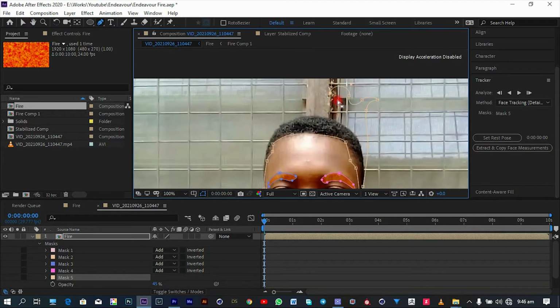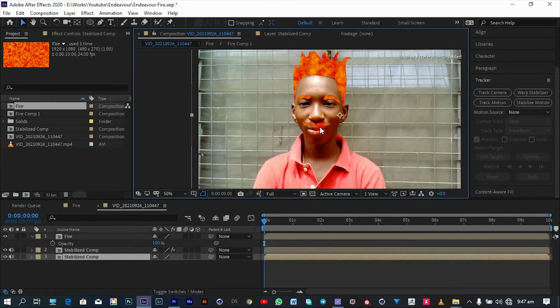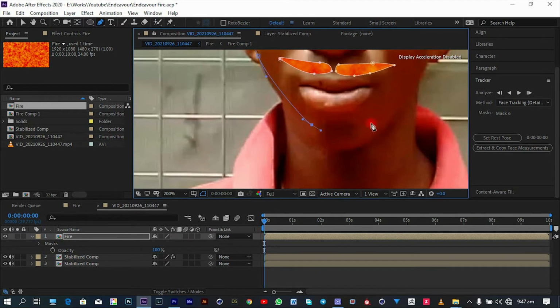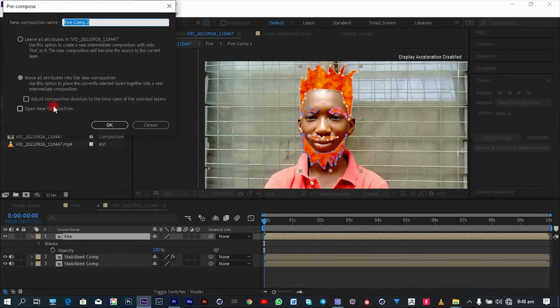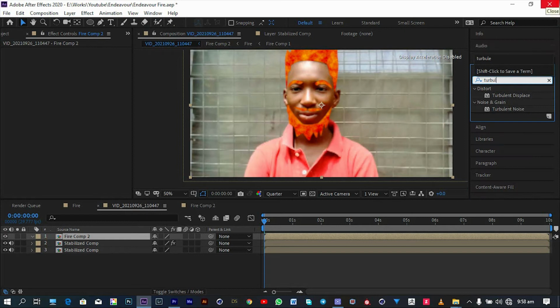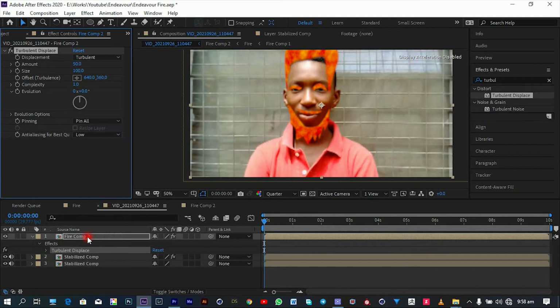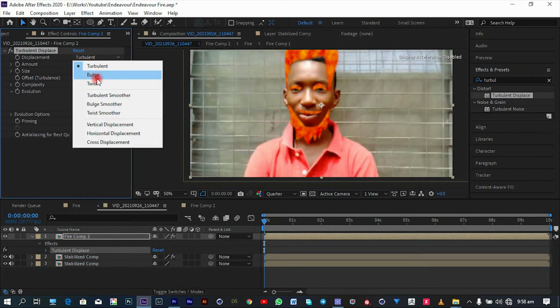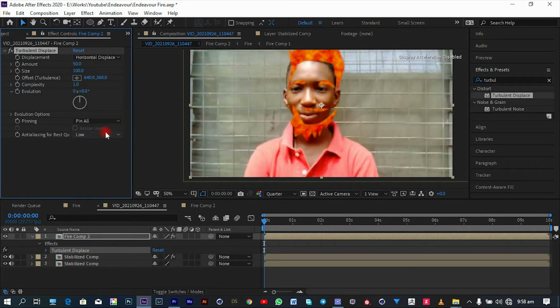So right after you have masked all your face points and all those things, you feather all of them by 5 just to remove any hard edges. Well, then you just have to jump into the effects tab and look for the turbulent displacement effect and drop it right into our fire comp, and then you now have to start experimenting. It took me like 7,562 hours to find the perfect